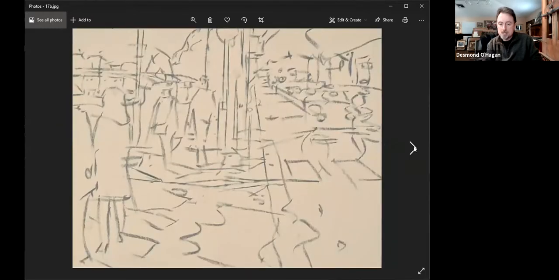So in my presentations, I also do step-by-steps. And this shows you a painting in progression. Working on UArt paper with pastels, I've brought in charcoal just to loosely map out the actual shapes in the painting. I'm not looking for a perfect drawing, I'm not looking for shading. This is just mapping out where the shapes are going. And then I go in